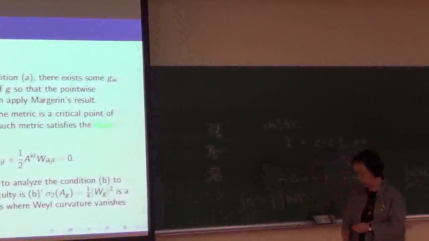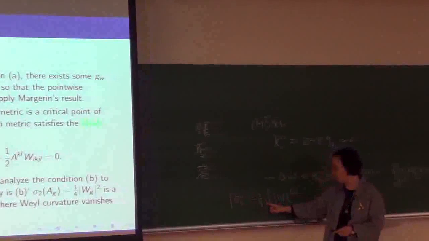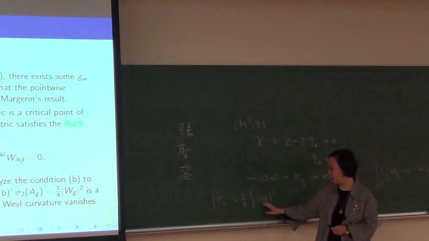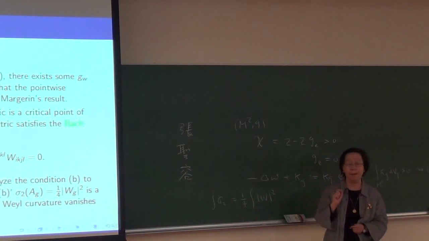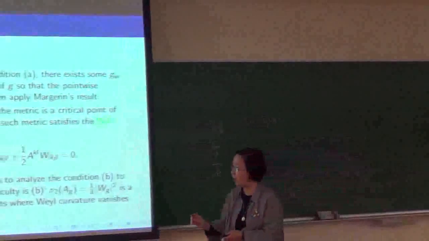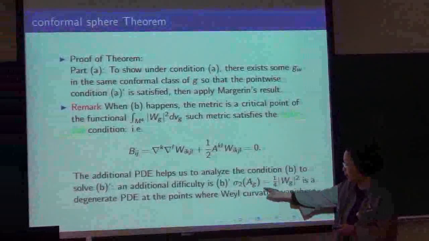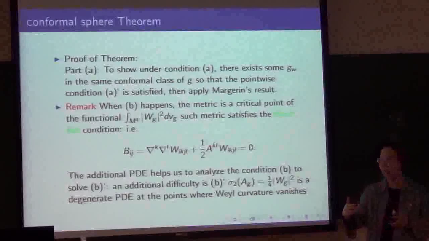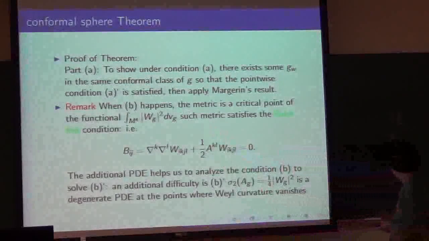In that case, our pointwise equation becomes sigma 2 equal to 1/4 Weyl squared. And when Weyl vanishes, we are getting into a degenerate PDE. The left-hand side vanishes, so it's not a strictly elliptic PDE, it's a fully nonlinear PDE, but of degenerate type. And to overcome that degenerate type, one needs another condition to help you, and that is if the metric is always